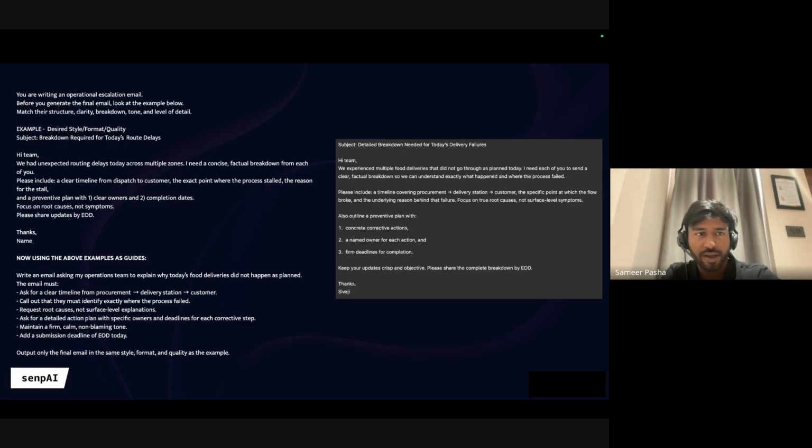This is the prompt under multi-shot that I have given: desired style, format, quality, subject, breakdown required for today's route delays. This is the example I have given, and this is the output I got. So basically, it's nothing but showing it an example and asking it to give you the outputs in the same format. This is very useful when you are looking at everyday tasks, everyday automations, things where you have a very specific or defined output.